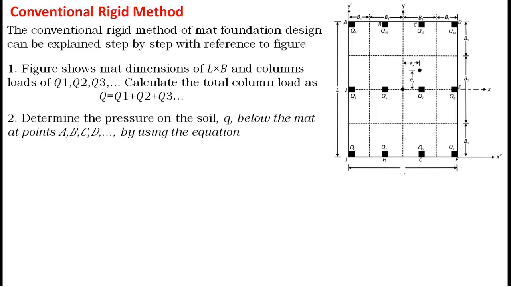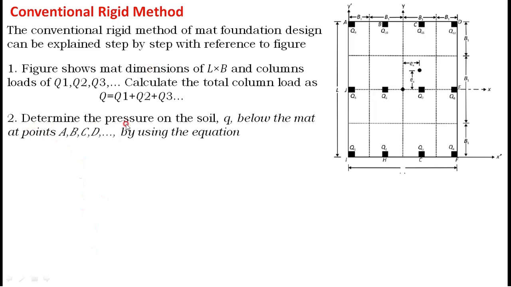Here also, after getting the total load, we will calculate the area. Here we cannot calculate the area and fix it. But why? Because the center to center line will be known to us. Therefore, L and B we will calculate, and we'll cross check whether the available area will satisfy our load criteria or not. We will just cross check it. We will not decide our area based on the applied loads.